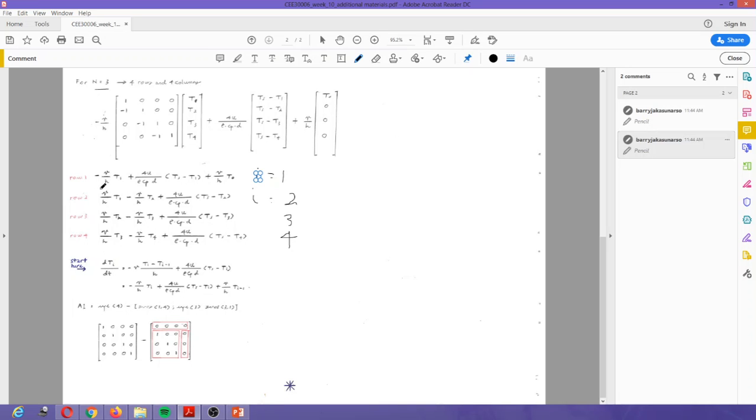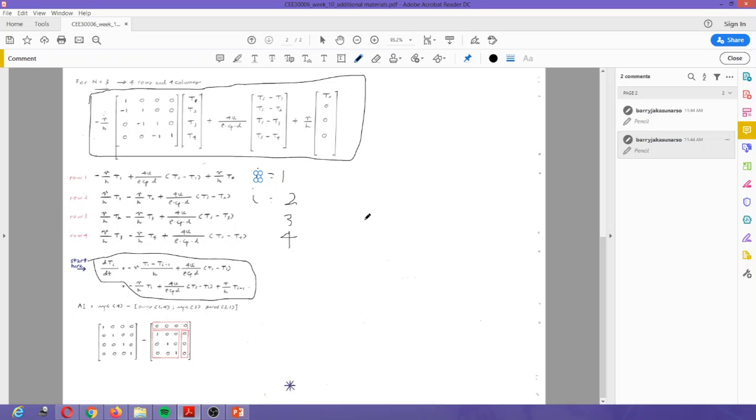Then you will have 1, 2, 3, 4 ordinary differential equations according to this formula. This is if we only have 3 internal grid points. I just want to illustrate the case using a simple example. And then this will be our matrix of interest in our MATLAB function.